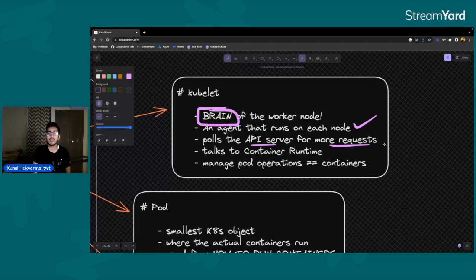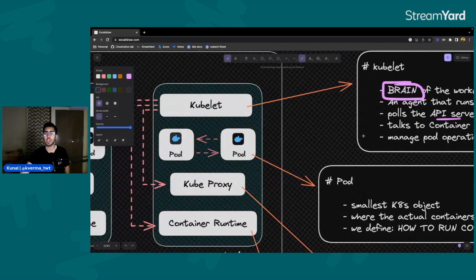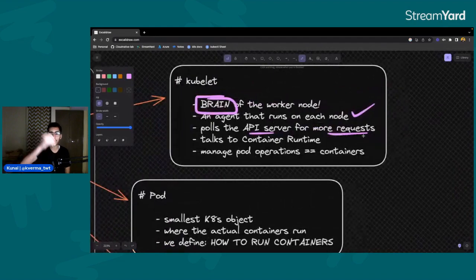So basically the kubelet will continuously poll or ping the API server for getting more requests. For example, if the worker node is sitting idle, it will keep continuously polling the API server, and that's how the API server would know, okay, this is the particular node that is sitting idle, and if I have any more requests, the scheduler will schedule that request on this node which is sitting idle.